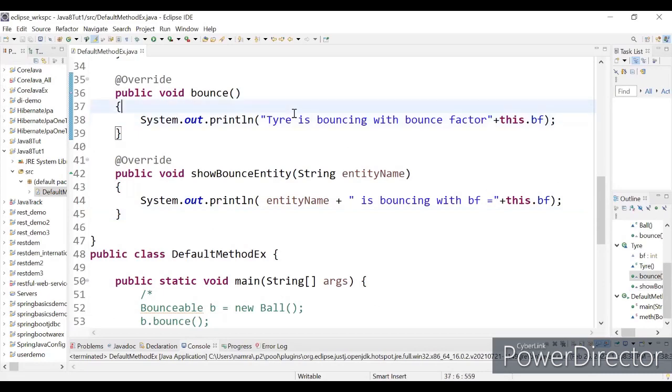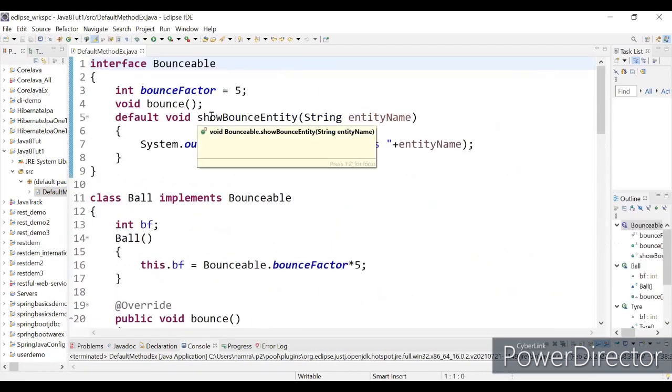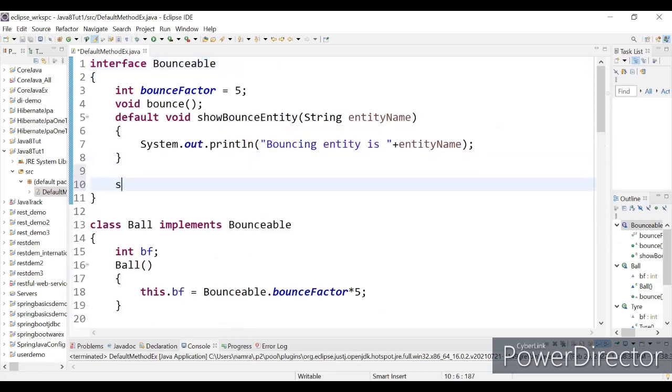So we are back over here in our code, which we implemented for our default method. Okay, so I'm going to go ahead and add a static method over here.